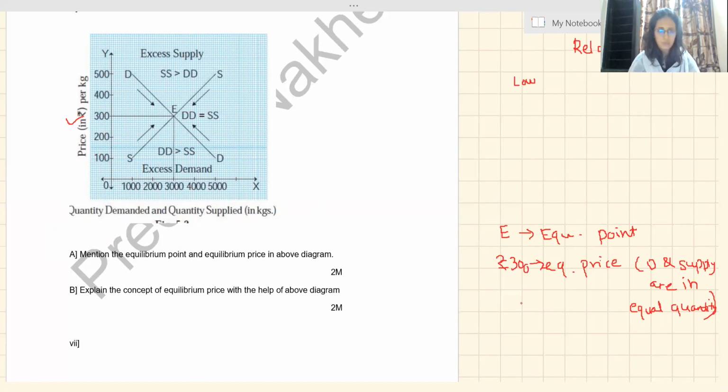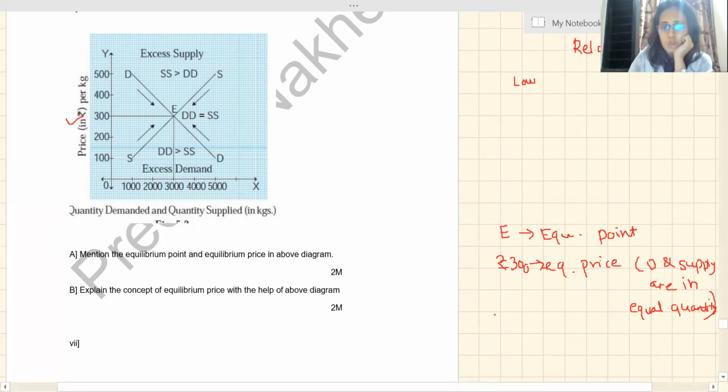Don't copy as it is. Just tell that 300 rupees is called equilibrium price and 3000 is called equilibrium quantity, because at that quantity and at that price your demand and supply units are equal. This is sufficient because they have asked it for 2 marks only. No need to write further explanation because it is not a long answer. Just mention what you have understood about equilibrium price. No need to write all this about the pair of scissors and everything. Don't write it because it will become a very lengthy answer. They just want to know what exactly you have understood.